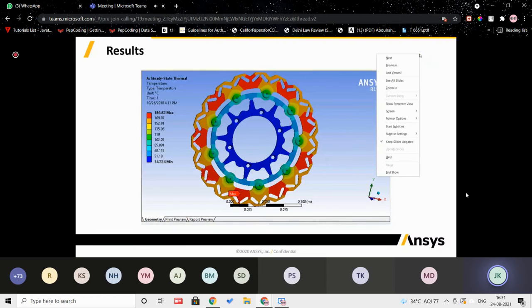But in this part we didn't do the static structural analysis by mapping the temperature, though that is easily doable in ANSYS. The main point of this last case study is that, depending on the component, not only are the forces important, but sometimes the temperature effect also needs to be considered while designing the component.